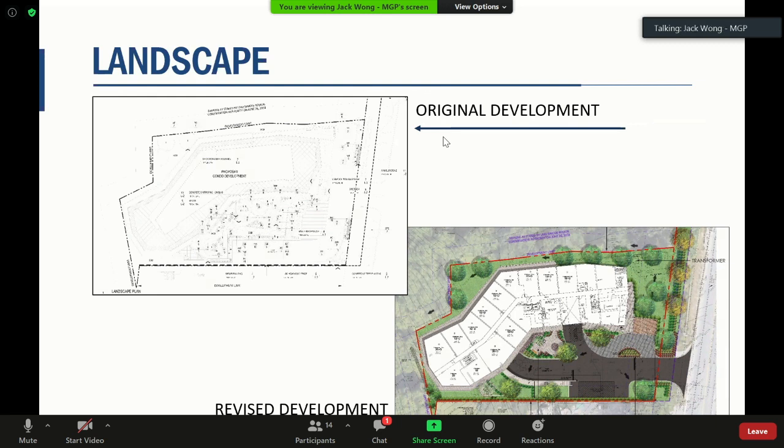At this point, we are still working through the landscaping program and the amenity programming. Certainly, we have contemplated a green roof on this particular development as well. And as we go forward through the development application process, we will be working through and determining a lot more of those programming details as they become available through the detailed design stage.